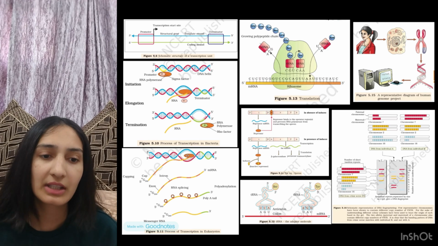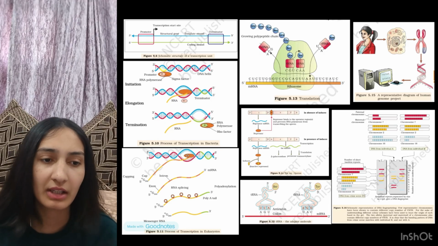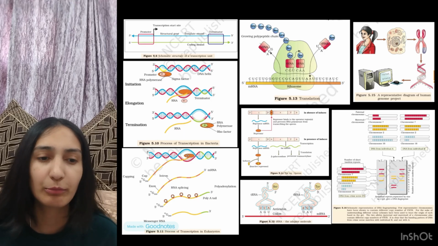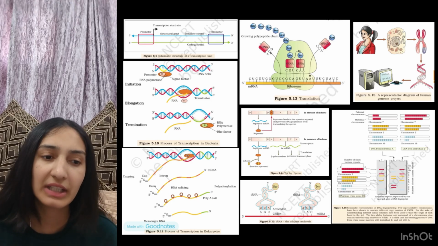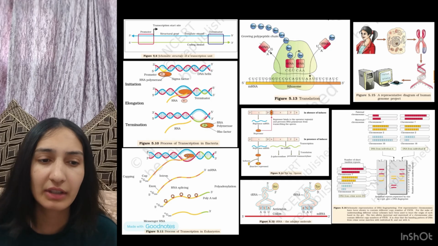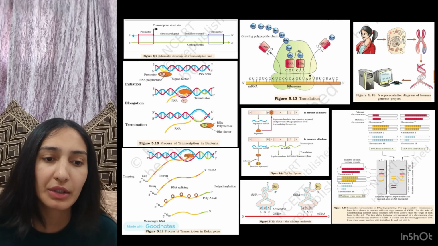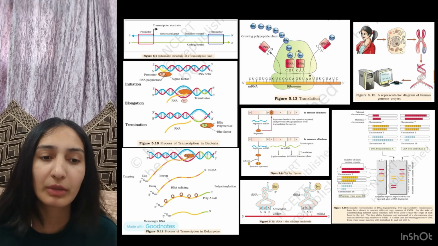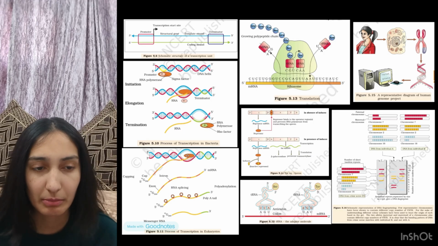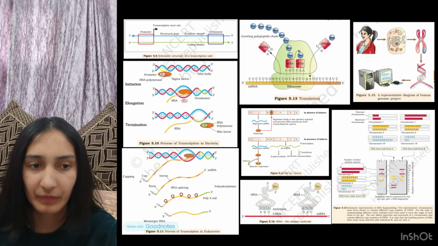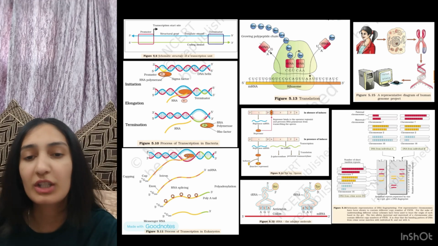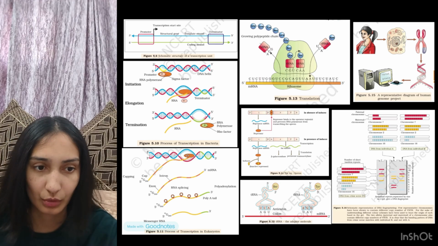Now figure 5.16, it's important, it shows a schematic representation of DNA fingerprinting, wherein a few representative diagrams have been shown to contain different copy numbers of VNTRs. For the sake of understanding, different color schemes have been used to trace the origin of each band in the gel. The two alleles, that are the paternal and the maternal of a chromosome, also contain different copy numbers of VNTR. It is clear that the banding patterns of DNA from the crime scene match with individual B and not with A. So you need to know what the process is and why VNTRs are used.